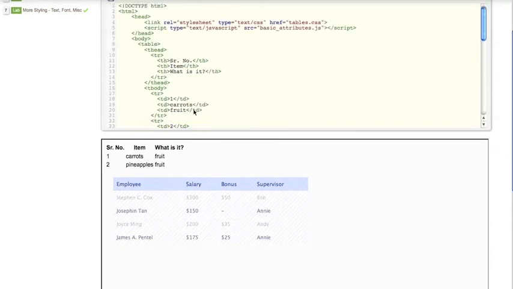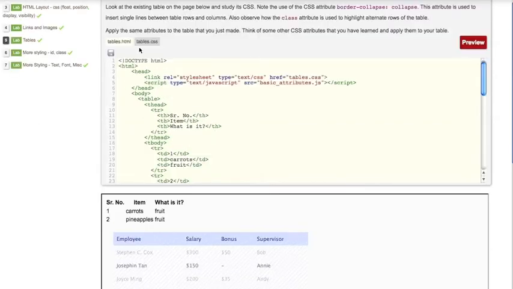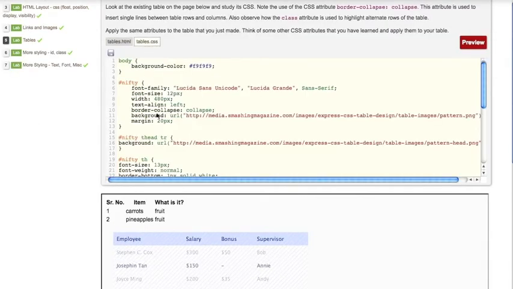Now let's look at the CSS file. This table has an ID called nifty. So here it is, we are assigning some styles for the ID nifty. By using the font-family attribute, we are suggesting that a different font should be used for content in this table, right? We are specifying a font size, a width for the table, and aligning the text.